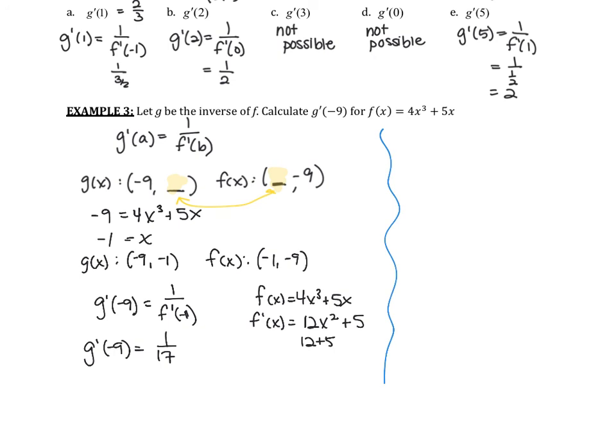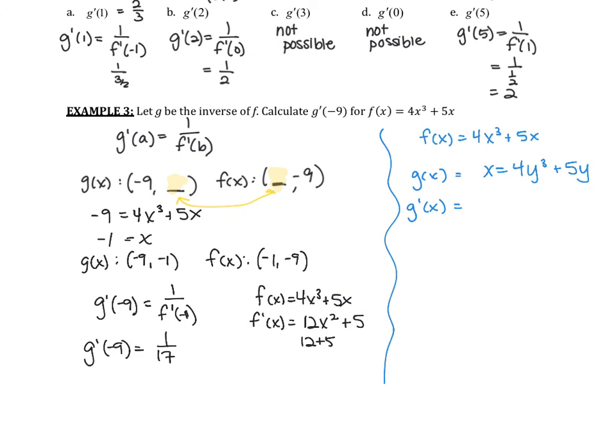We know that if I have the function f of x equals 4x cubed plus 5x, then g of x is when I get x equals 4y cubed plus 5y. And if I wanted to find g prime of x,